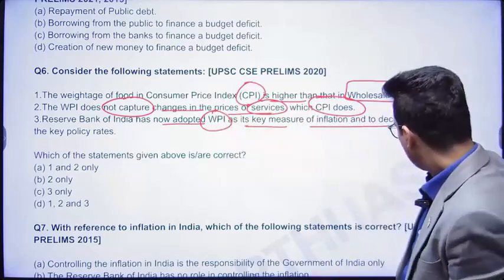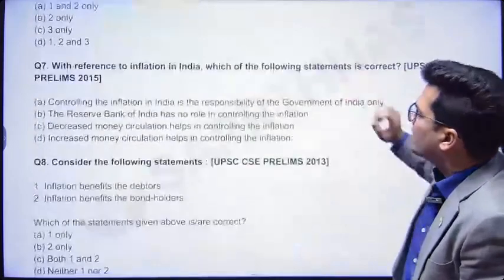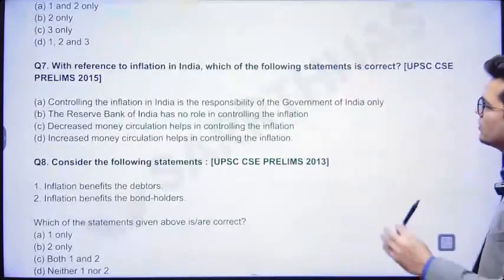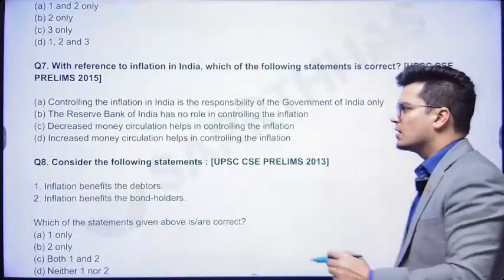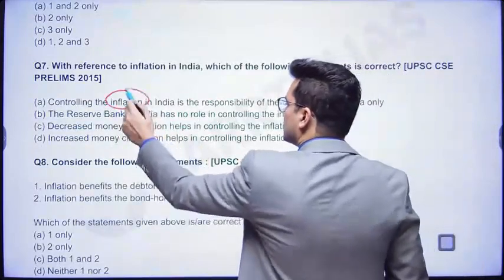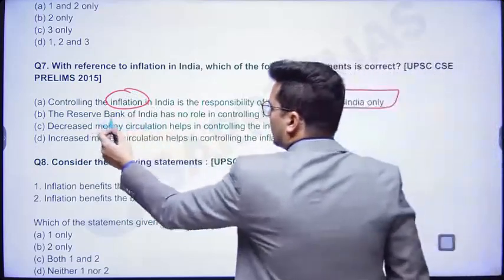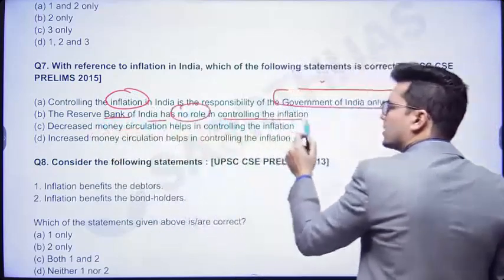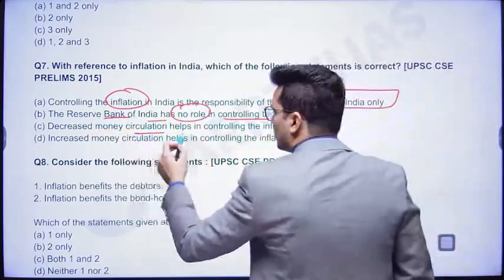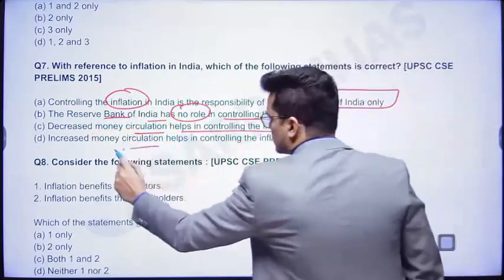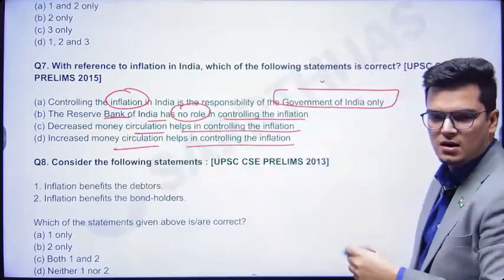Now, next. With reference to inflation in India, which of the following statements is correct? Controlling the inflation in India is the responsibility of Government of India only. The Reserve Bank of India has no role in controlling inflation. Decreased money circulation helps in controlling inflation. Increased money circulation helps in controlling inflation. Money circulation